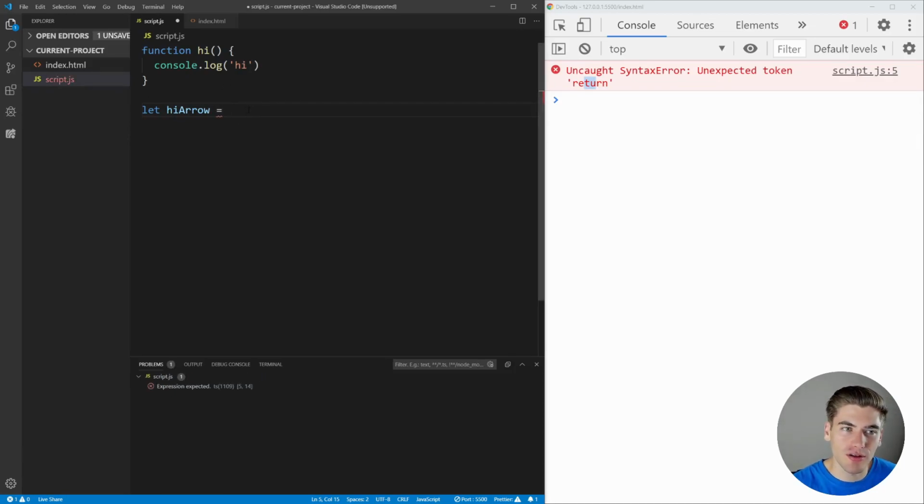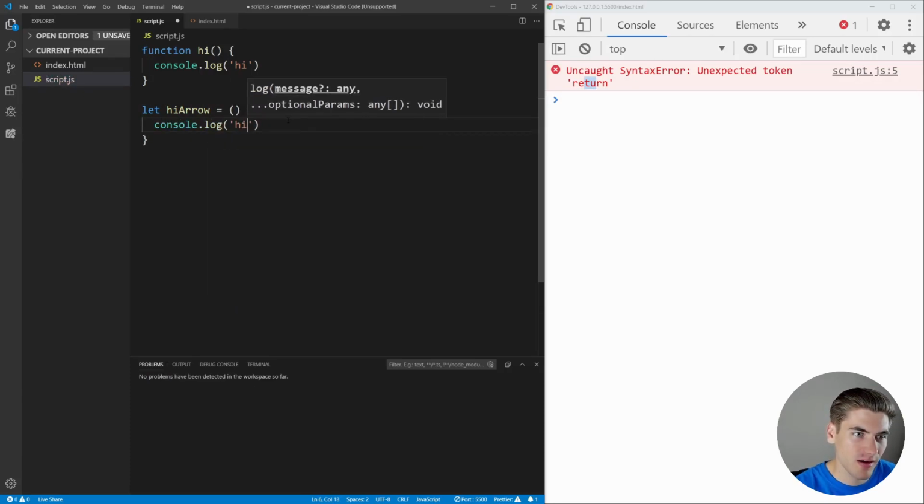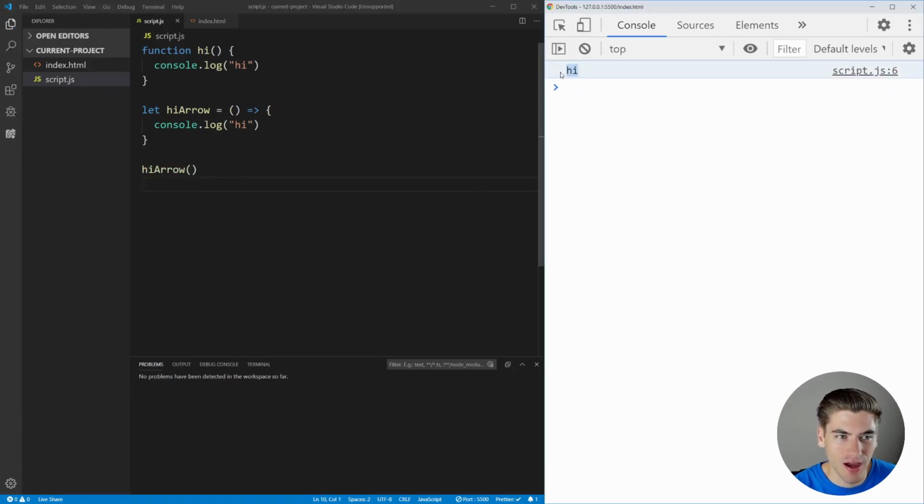But we don't have any arguments, so we just do an empty set of parentheses, just like we do up here with our normal function. Then we put in the arrow, put in our curly braces, and then we can say console.log of hi. Now if I call hiArrow, you can see it just prints out hi as we would expect, and our normal hi function prints out hi as well. They both work exactly the